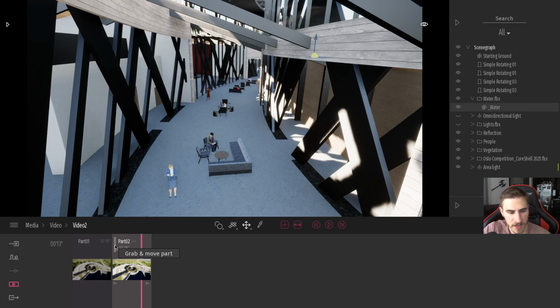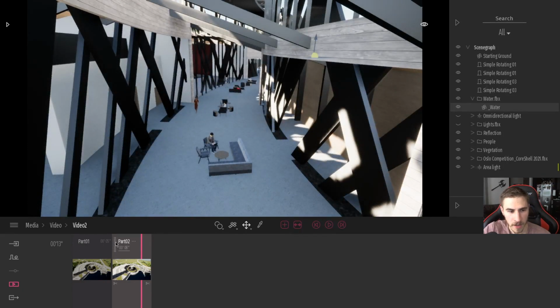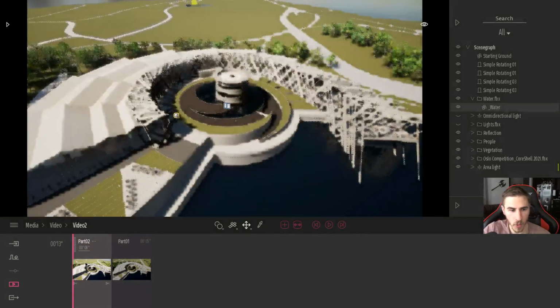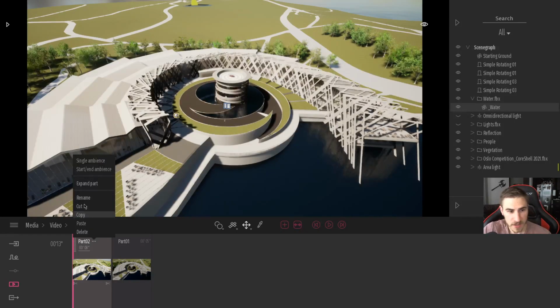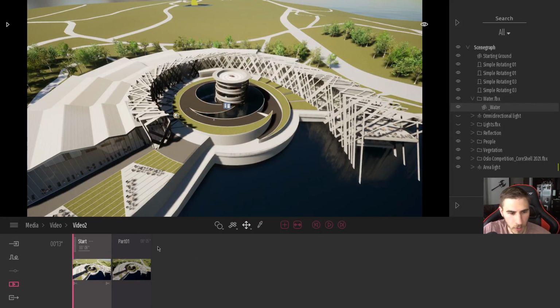So we've collapsed everything. And I actually have the option of moving this part somewhere else. I've got this bar here, and you can see that it does highlight. And once it does highlight, I can drag this, and you can see I'm just dragging. I can just drag it over to part 1, and I can actually start with this part 2 instead of part 1. I'm actually going to rename this so I don't confuse you and me, and we'll call this start, whatever, it doesn't matter. But then we've got part 1.